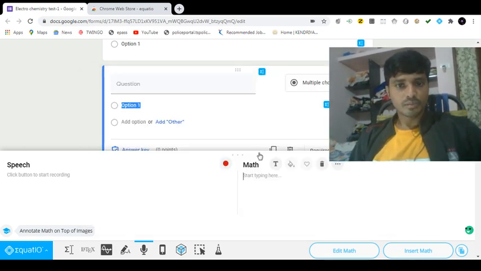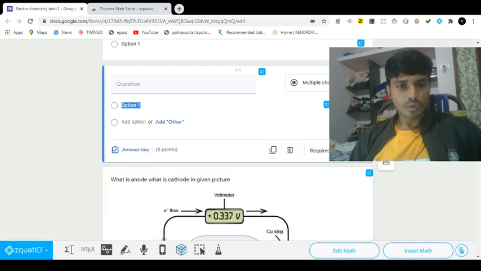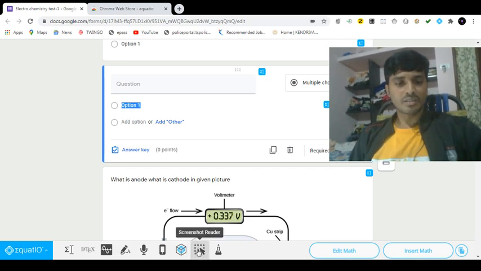So I am closing this one. This also I am closing. So this is the screenshot reader. When I typed the Schrodinger equation, one came up which is not related to the chemistry part. That is related, but we don't use that formula much. If we want to frame a question which is given in our textbook, we want only that type of formula.